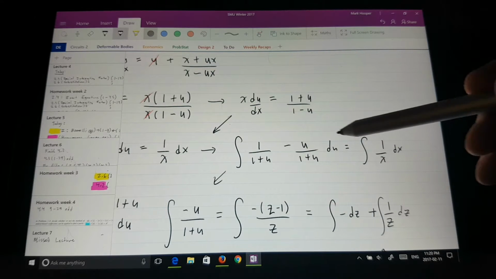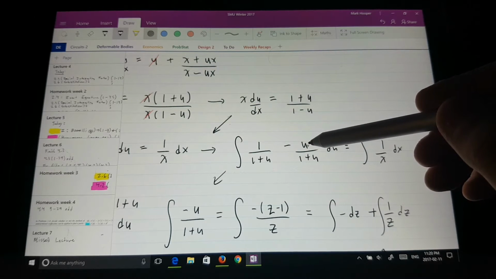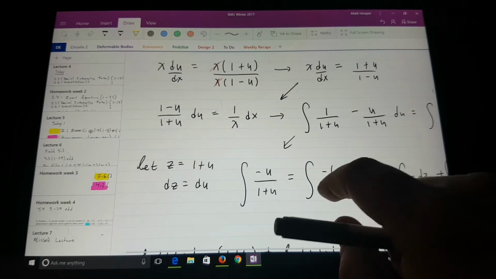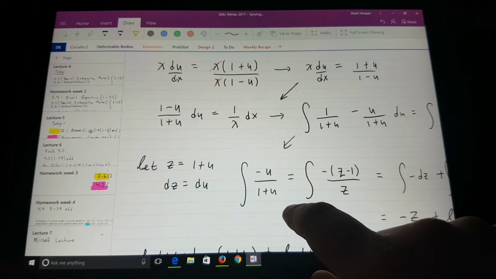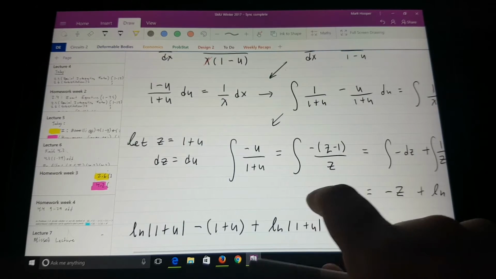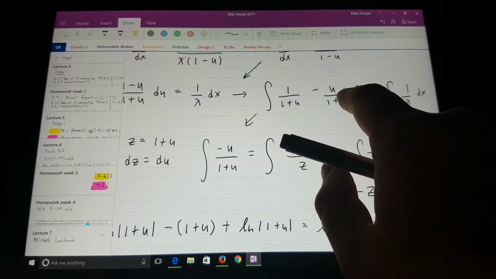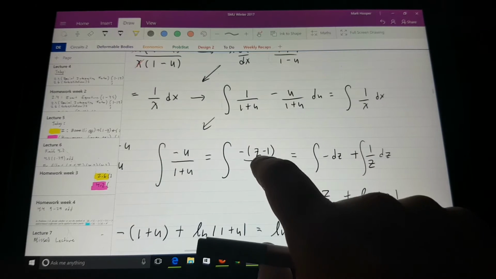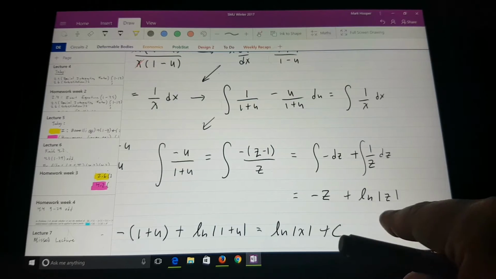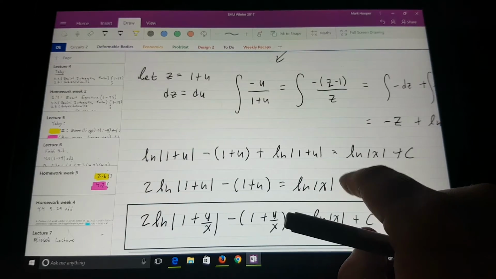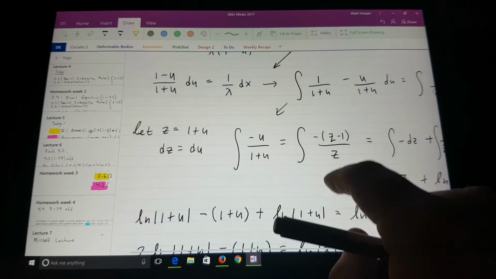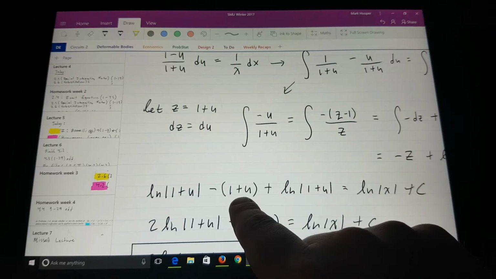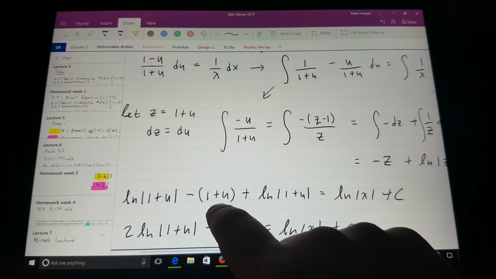that's going to be ln of x. This one's going to be, yeah, I did a u substitution here. So 1 plus u is z, dz = du. So I did it for this one here. That's going to be this. And then I split that up again and got this. So ln of 1 plus u, that was a u sub. Ln of 1 plus u is this one, minus 1 plus u,